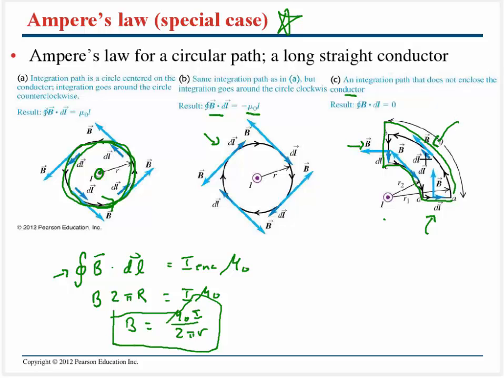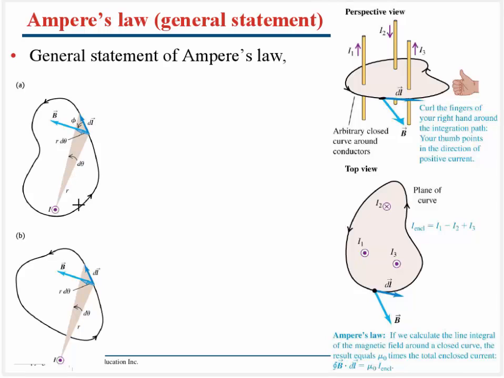Here B and dl are in the same direction, here they're in opposite directions, but the magnetic field is going to die off like 1 over r, and we could go ahead and calculate all this out, but at the end of the day, for a circular path that doesn't enclose any current, the integral of B dotted with dl is equal to 0. Now, I showed you the circular case on the last slide, but it is true for any given path